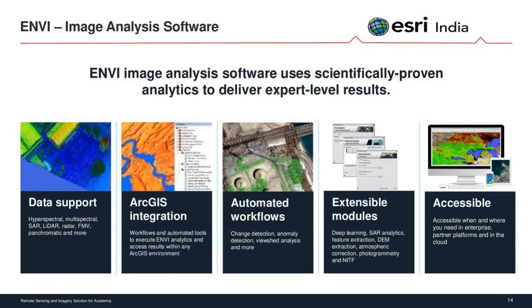Coming on to the DEM extraction module. DEM extraction can be done from SAR data, from stereo pairs. SAR data can be used to extract high resolution DEMs, even 5-meter resolution, 4-meter resolution, depending upon the data that you're using. Atmospheric correction module, like when we take